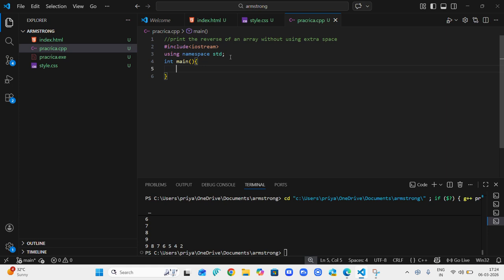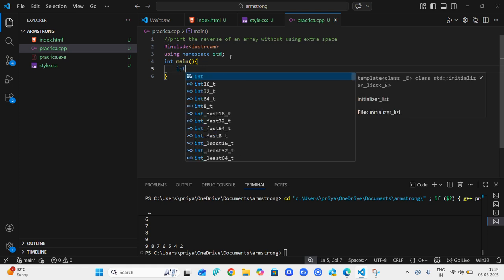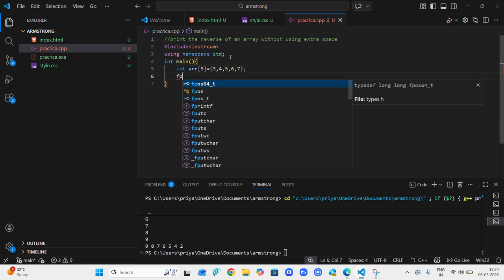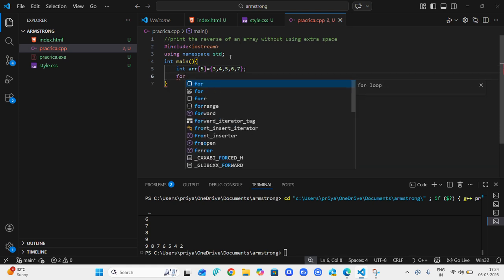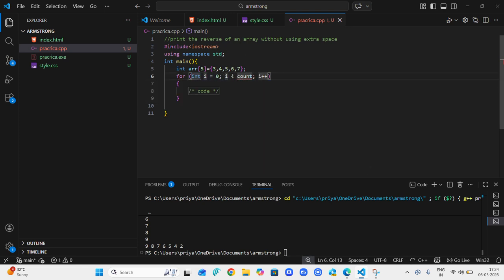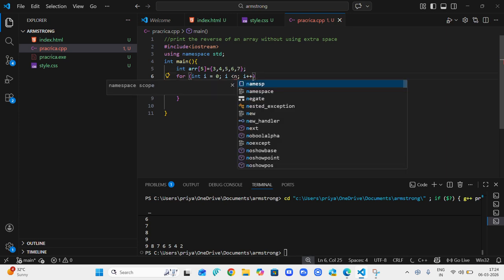After int main, this time I am providing the array myself. Suppose the array is of length 5 and it is 3, 4, 5, 6, 7. Then I am applying the for loop: int i equals 0, i less than n by 2.